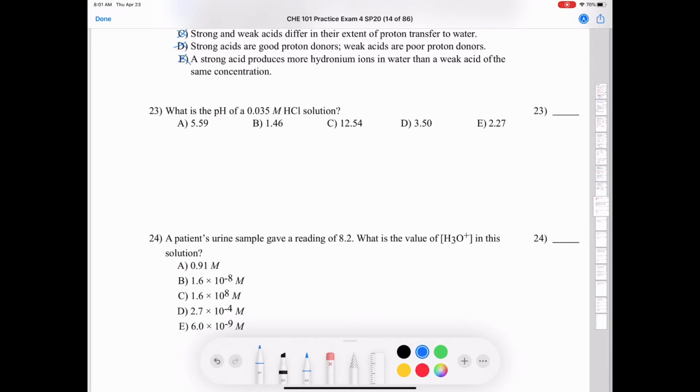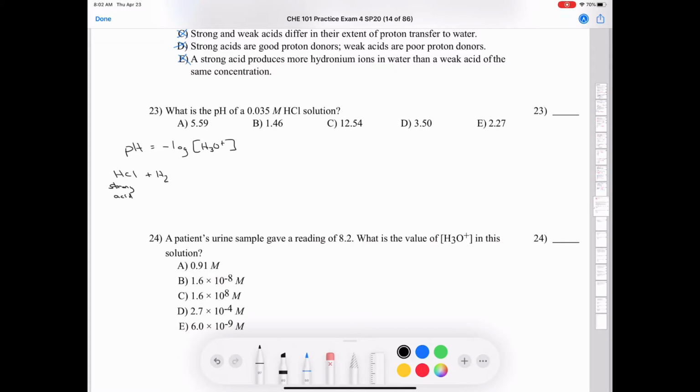Question 23, what is the pH of a 0.035 molar hydrochloric acid solution? You need to know the formula that pH is equal to the negative log of the concentration of H+, or we can write it as hydronium. And we know that since hydrochloric acid is a strong acid, one of the strong acids that you have to memorize,